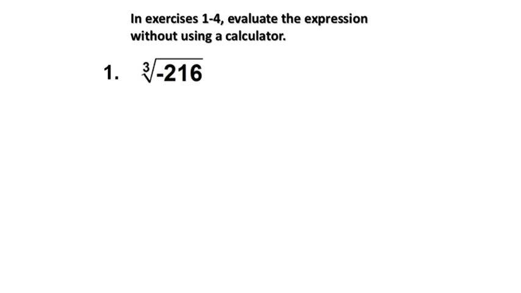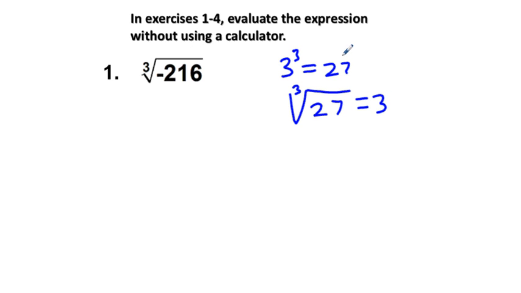Well, what we have is we need to know our cube roots. We have, for example, 3 cubed is equal to 3 times 3 times 3, or 27. So we say, therefore, that the cube root of 27 is equal to 3. Also, we can write this as 27 to the power of 1/3. But also, we can have the cube root of a negative number, for instance, negative 27, and that will equal